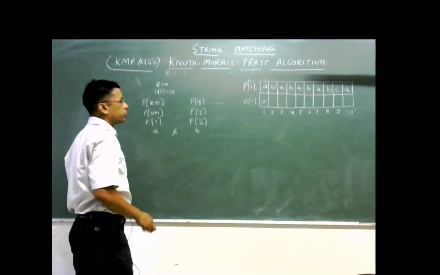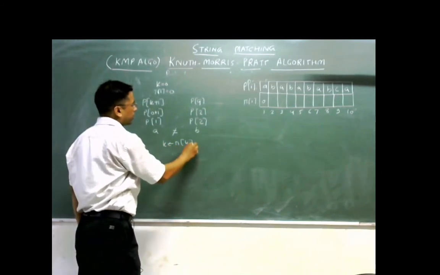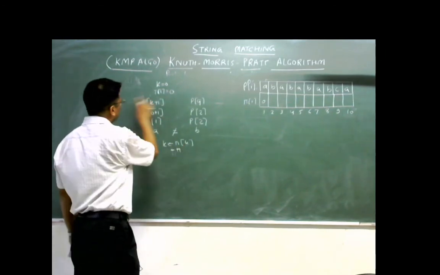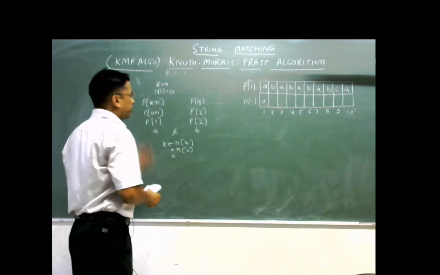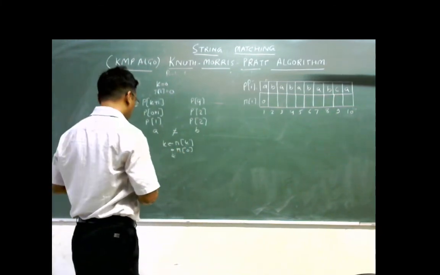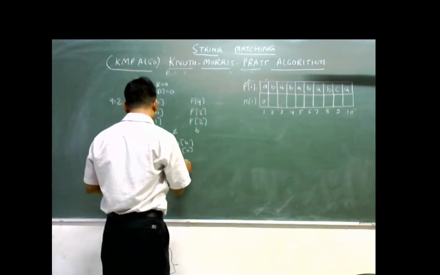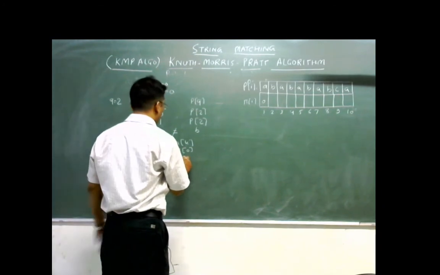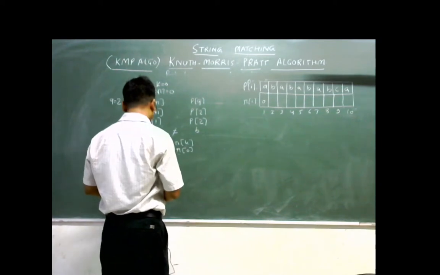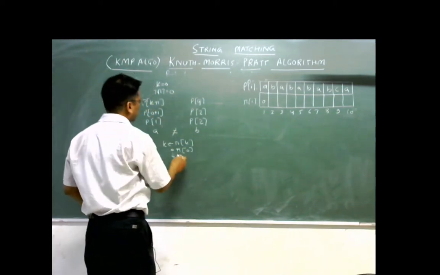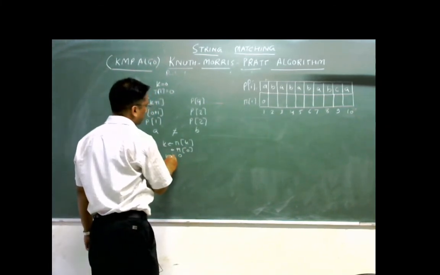When they are not equal to each other, we assign the value pi k to k. Means pi k is equal to 0. So pi will remain 0. We shall assign the value of pi 0, means k was equal to 1. So we shall assign the value of pi 0, the k value, to 0. Since we are computing for the first position, pi 0 will be considered as 0. So k would remain 0.